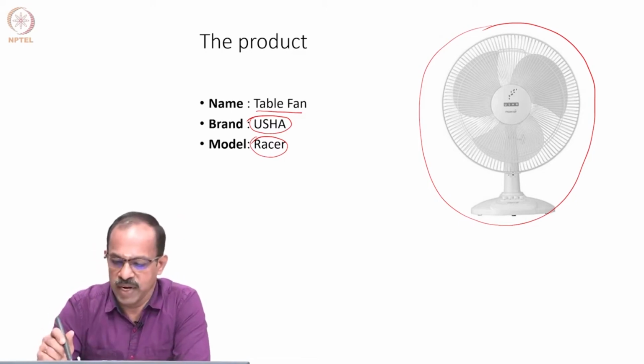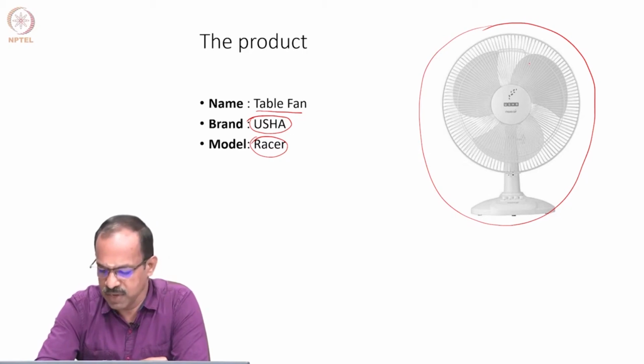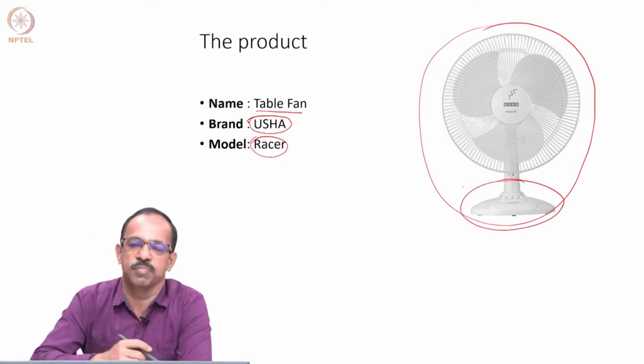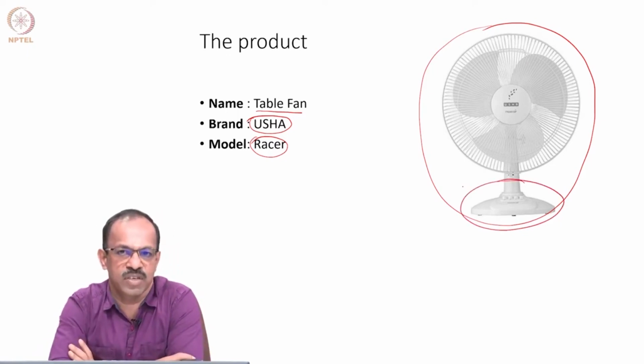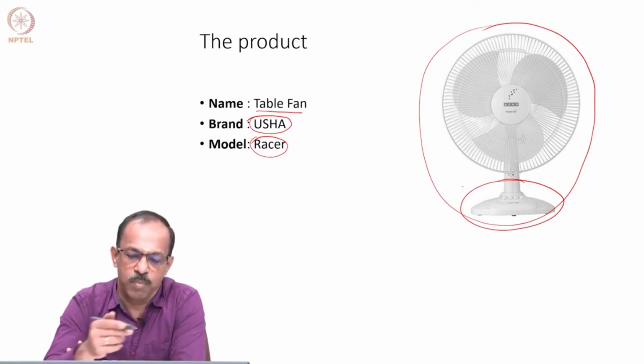You have blades, and you want these blades to rotate in order to get some kind of air circulation. So the fundamental function remains the same, but the way it is assembled, the way the blades are provided, the shape of the blade, the base and the control may vary from manufacturer to manufacturer and model to model, but the fundamental function remains the same. That is basically to provide